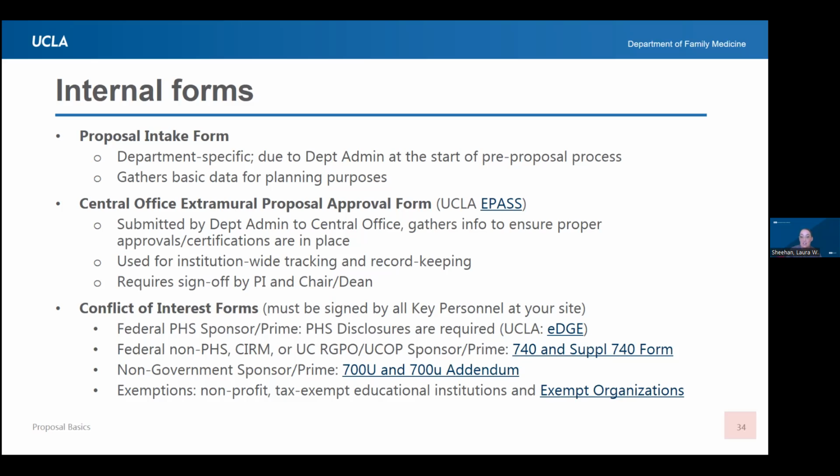Here at UCLA, it's called an e-pass. Basically, it's going to gather all the information that they need to process it. It often requires signature by the PI and the chair, so build time in to allow for that. Conflict of interest forms. If your institute knows what it's doing, this is going to be required no matter where you're at.